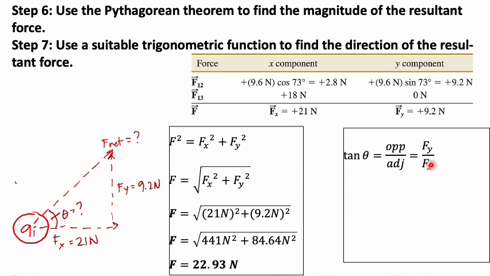So, Fy over Fx. Since we are going to look for the angle only, we can rewrite this formula and get the inverse. So, the inverse of tangent, Fy over Fx. Substitute the values. Ayan. So, that is our angle. It is